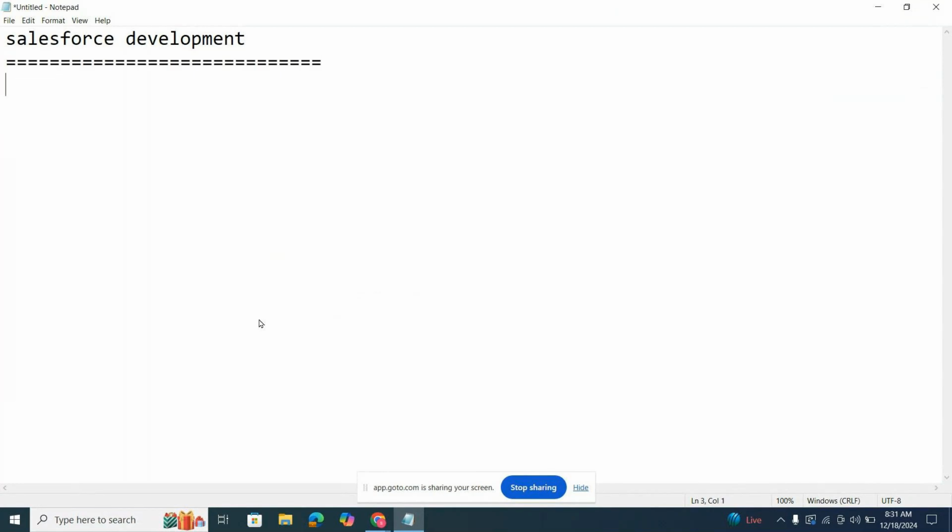Coming to today's class, let me discuss Salesforce development. Salesforce development uses Apex programming. Apex is the language we will use here. Whenever we learn any concept, first of all we need to learn the basics. Here also we will go from beginner to intermediate to advanced level. First, let me discuss all the basics of Apex programming.